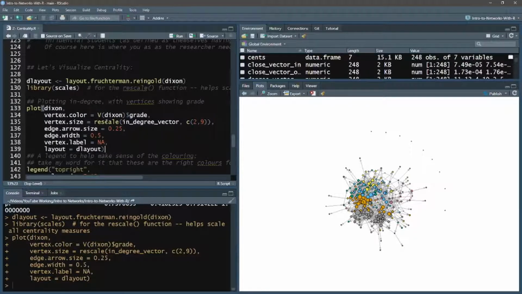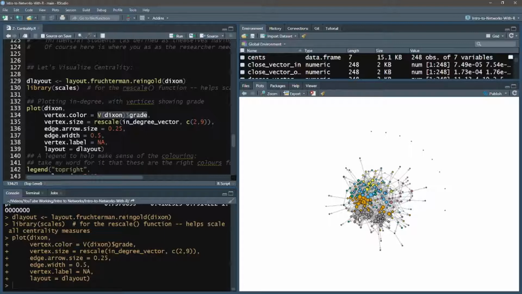We have rescaled, so for the color, we set the color to be what grade the students are in. And so we see that there's gray as well as orange and blue and green spattered in there. But we can see some pretty good clustering between these different grades of people. That's suggesting that they're pretty well connected within their grade, which makes sense. We're rescaling the vertex sizes based upon their inward degrees. And so a larger bubble here would be somebody with a ton of connections pointing towards them. And so this is a pretty accurate measure of popularity in a high school sense.